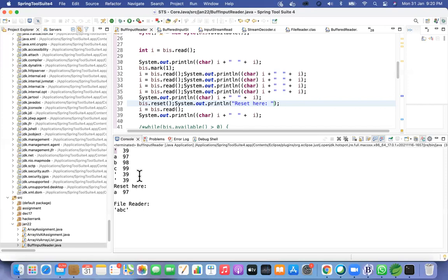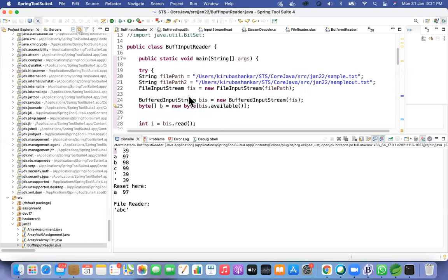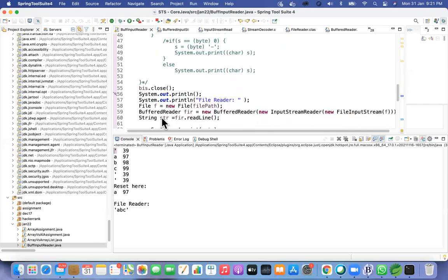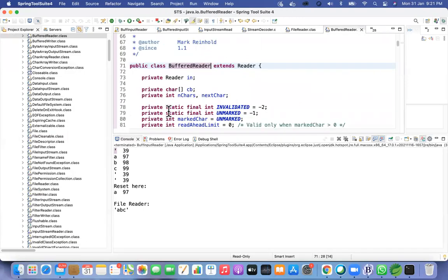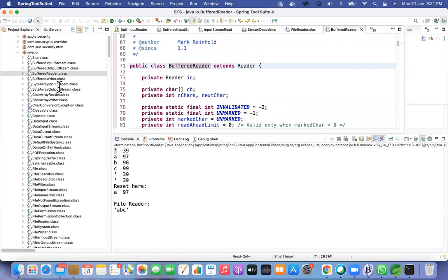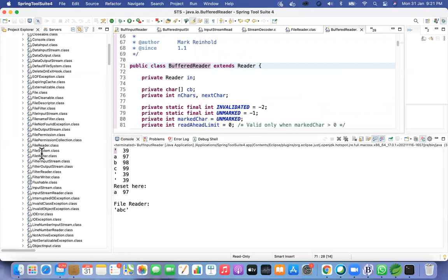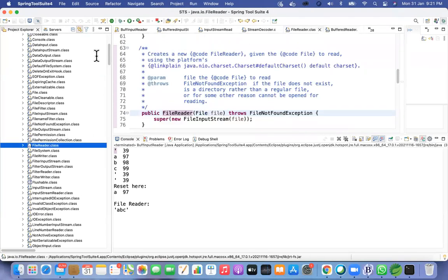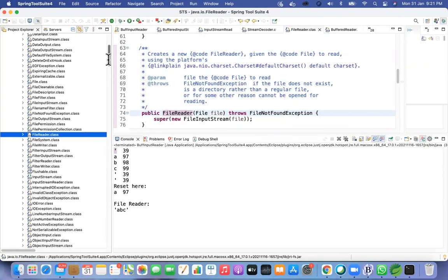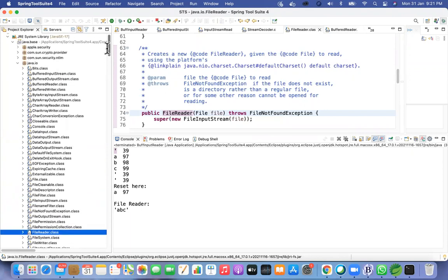There are multiple readers and writers. If you go to the BufferedReader class, can you open the BufferedReader.class file once? Yeah, in the left side, can you scroll a little up?